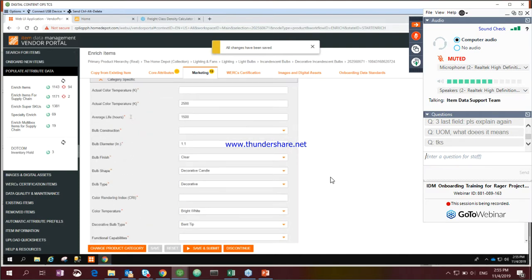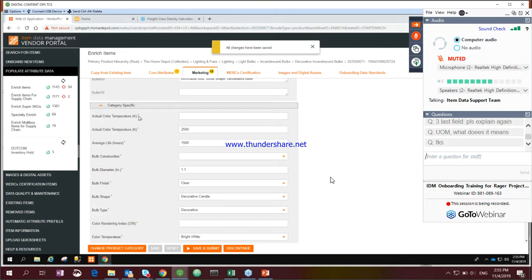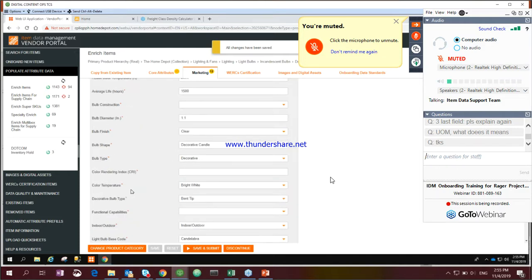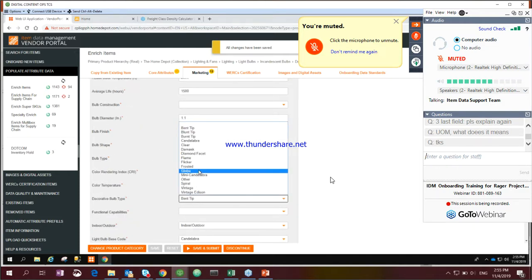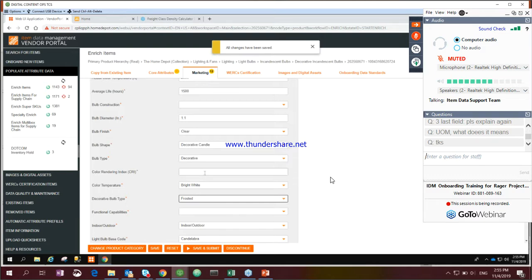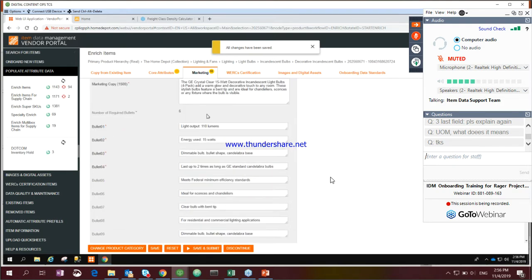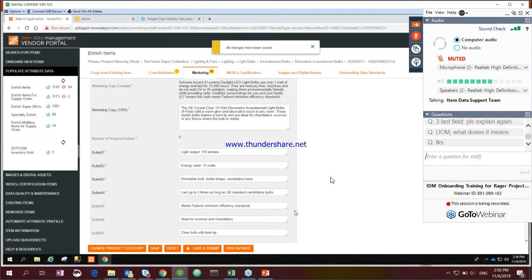So for category specific, each category will be different, so I'm not going to go through them, but all these attributes are the product attributes. So you just need to fill them in based on what your product is, and it's pretty straightforward. And some of them give you options to choose, and some of them are typing text. So yeah, marketing is usually easier, and what I suggest suppliers do is to get this part of